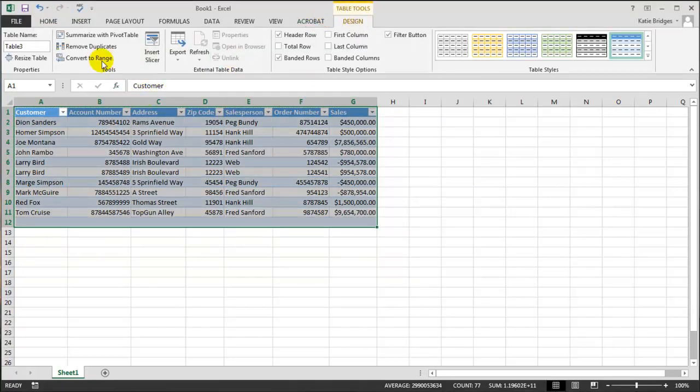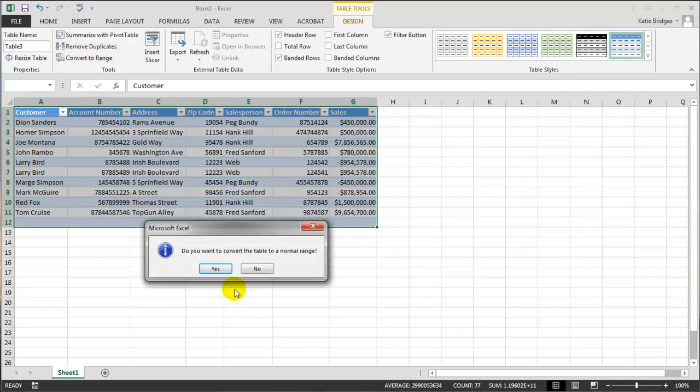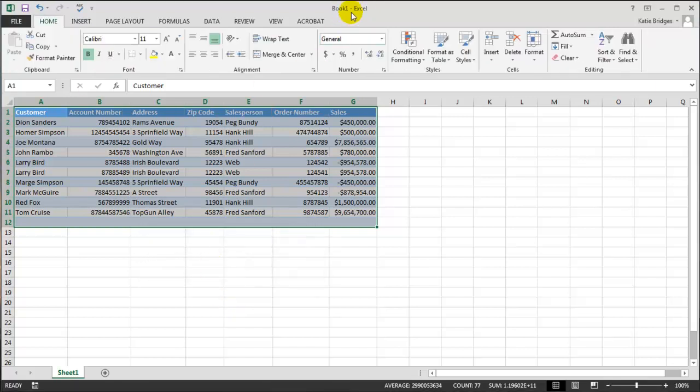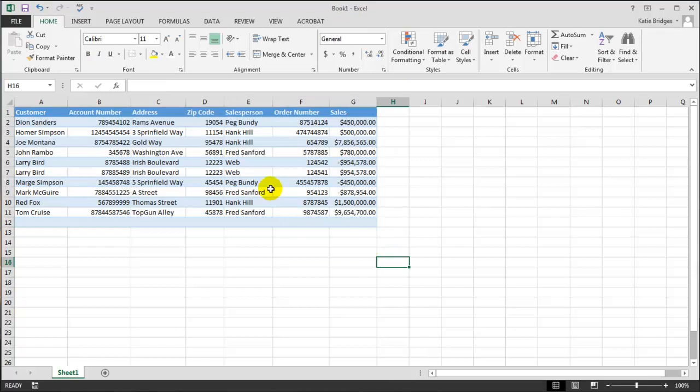So you want to make sure that you've converted it to a range and it's no longer there. Okay, so in this example for subtotals, you have to do an extra step, and you may have to do this from time to time to actually break it out to where the data is more manageable. The first thing for this subtotal example, we want to actually break it out by salesperson. We want to subtotal what salesperson is selling,